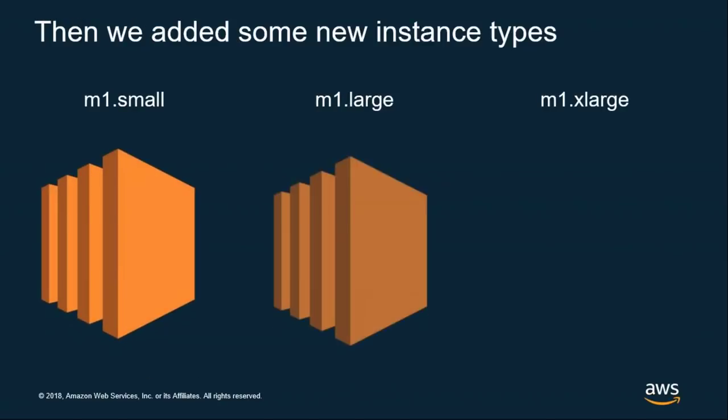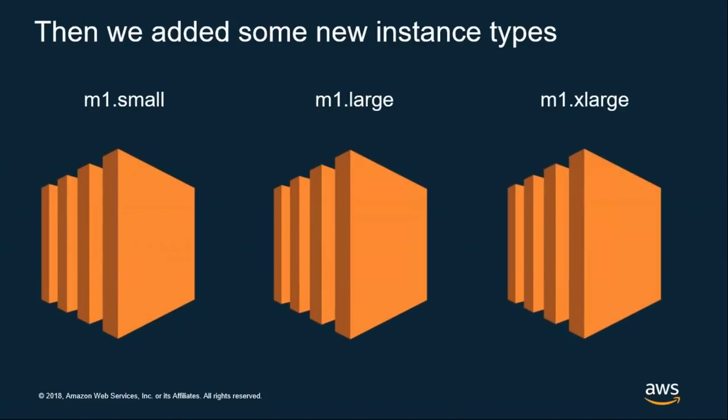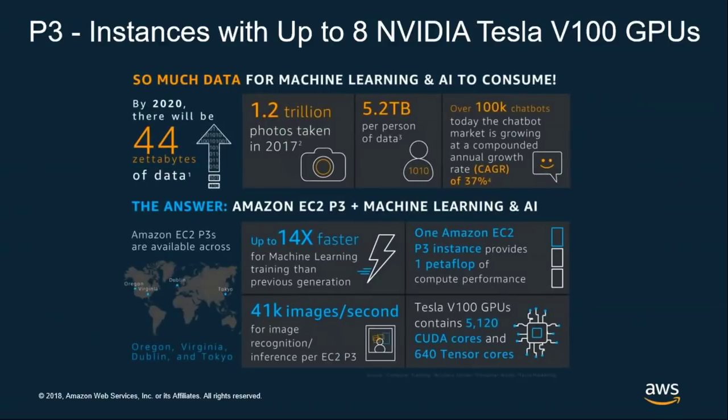And it wasn't long before we introduced two new options to EC2, the M1 Large and the M1 Extra Large. For all intents and purposes, these were pretty much the same as the M1 Small, just with more cores and more memory, more powerful versions of the M1 Small. Obviously instance types that are still available today, but hopefully not commonly being used because they are over a decade old at this stage. And so fast forward over 10 years of innovation on EC2, now we're launching instances like